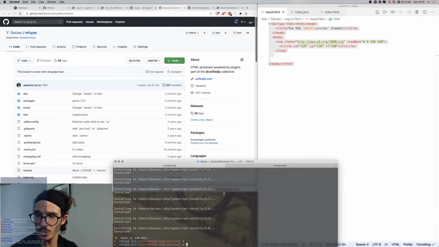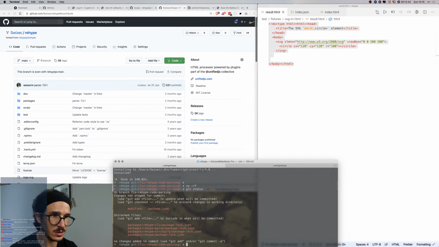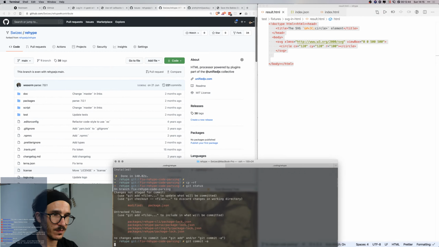So I'm going to copy the entire folder. git status, let's see, git commit -a -m, we're going to say, what are we going to say? We fixed a missing dependency.